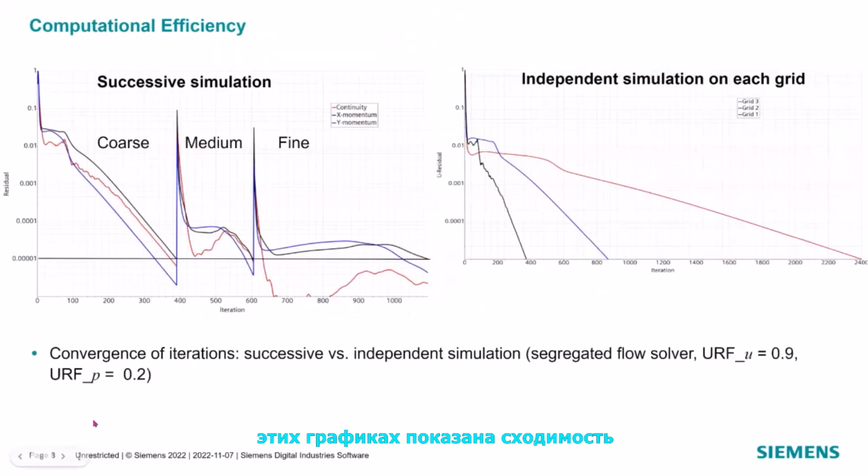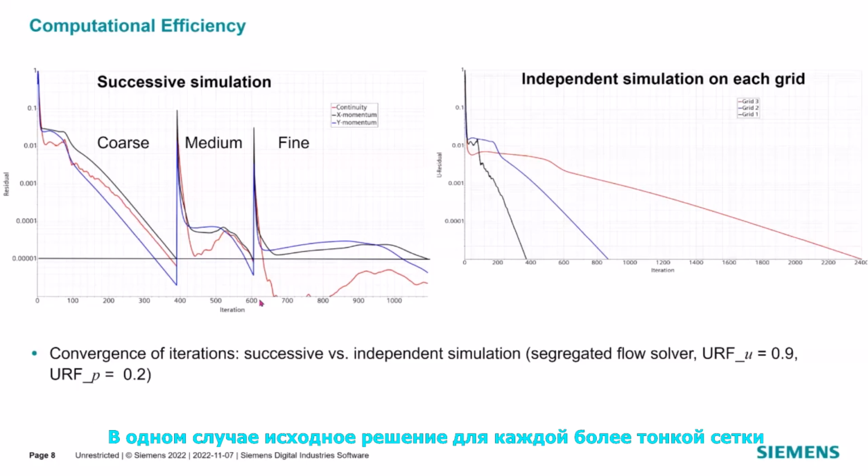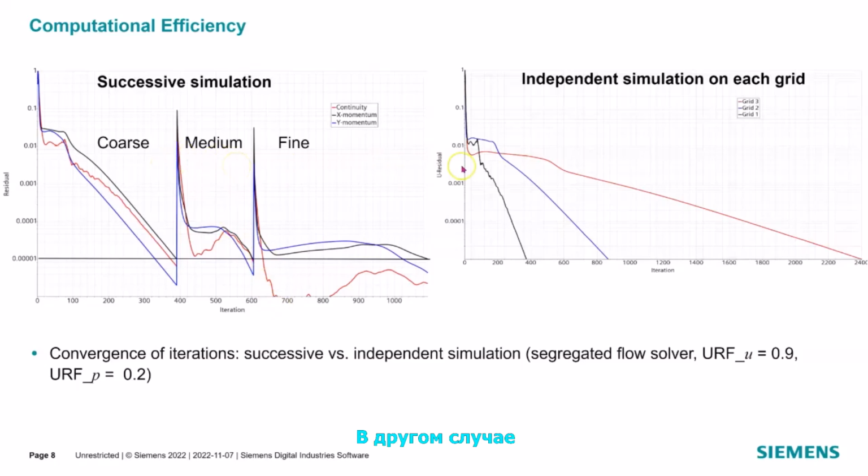These plots show the convergence of iterations when computing the flow on all 3 grids using the segregated flow solver and the under-relaxation factor for velocities and pressure set to 0.9 and 0.2 respectively. In one case, the initial solution for each finer grid was obtained by interpolation from the solution on the next coarser grid. In the other case, the same initial solution was used for each grid, which was the parabolic velocity profile